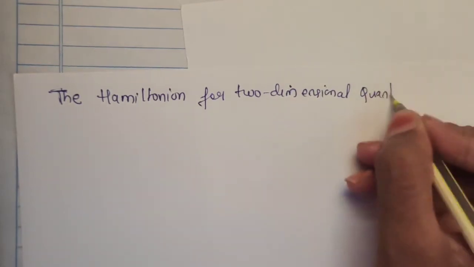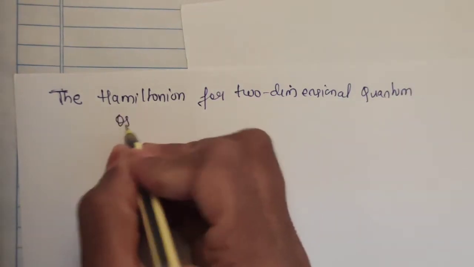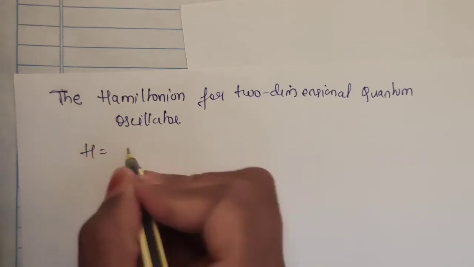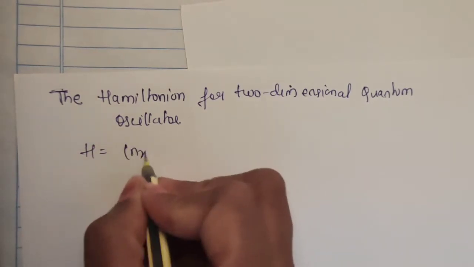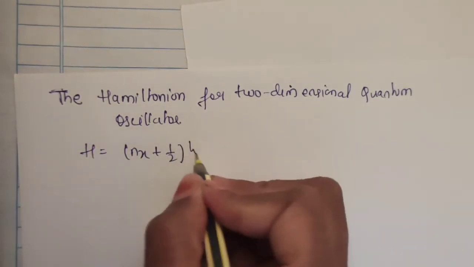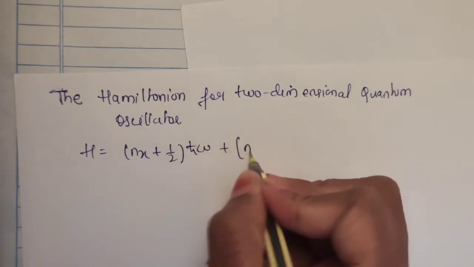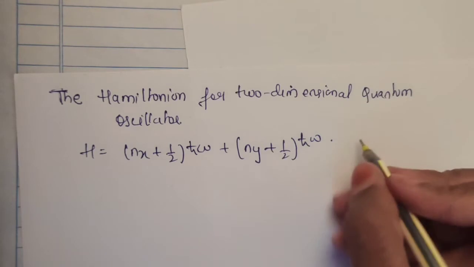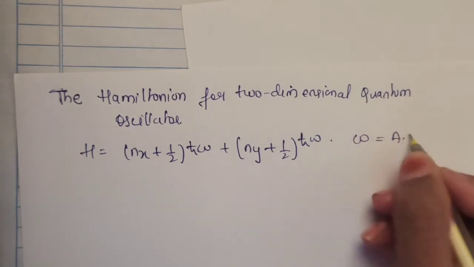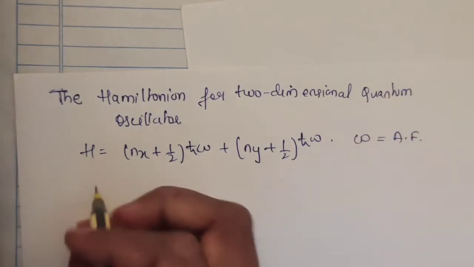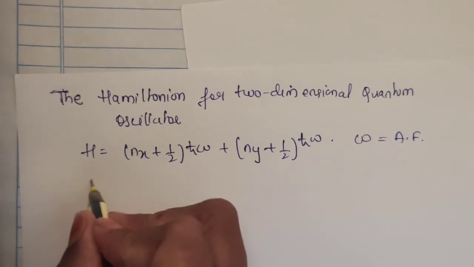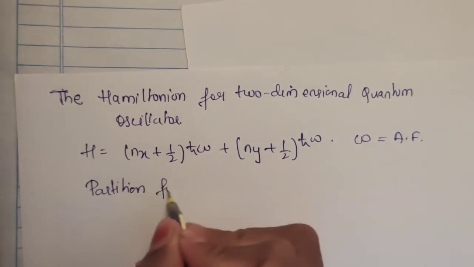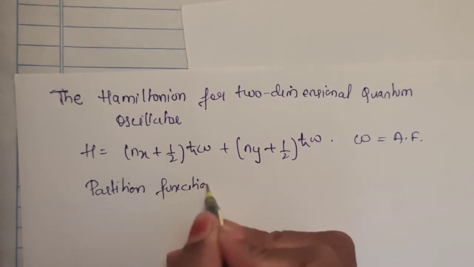It is given by H equals Nx plus half, h cross omega, plus Ny plus half, h cross omega, where omega is the angular frequency. Now, since they are asking for the partition function, the partition function is defined as